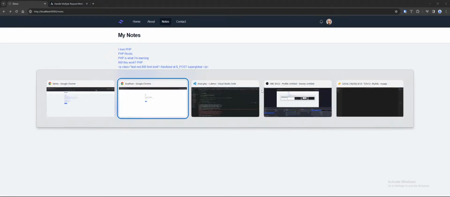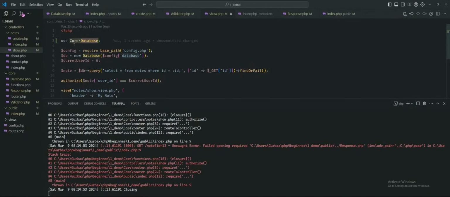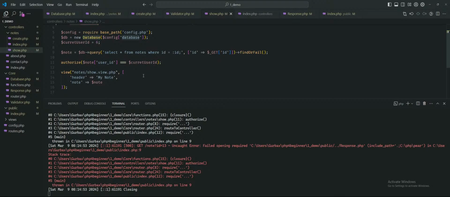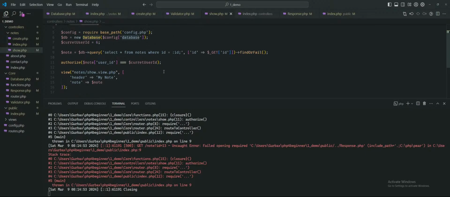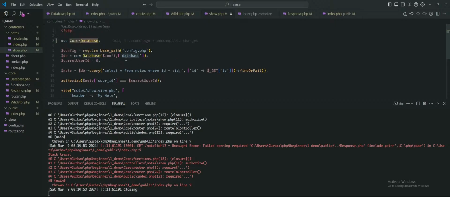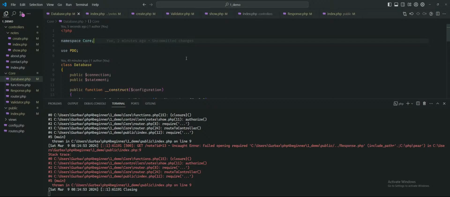Any note, not even a 404 or 403. So it's in the show, note ID, where I'm getting the ID from, this current user is authorized. Database is config database. Database is